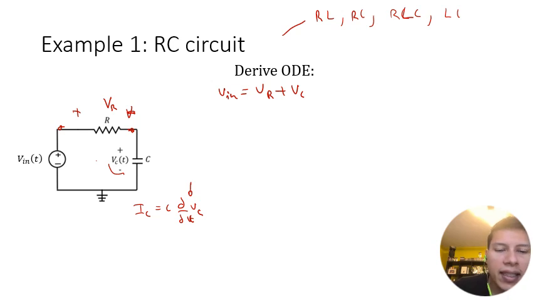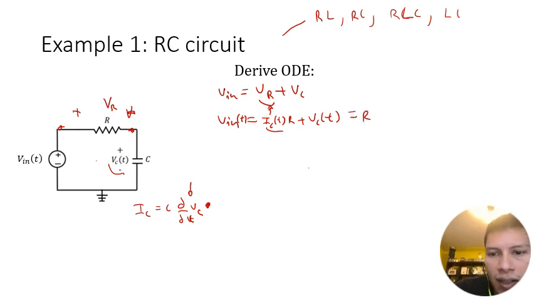And so what this allows us to do is that now we can write Vr in terms of Ic. So basically we have that this is just equal to Ic(t) times R plus Vc(t). That should be equal to Vn. And then we can use our IV relationship to convert this into Vc. So we're going to get that this is just RC d/dt of Vc(t)